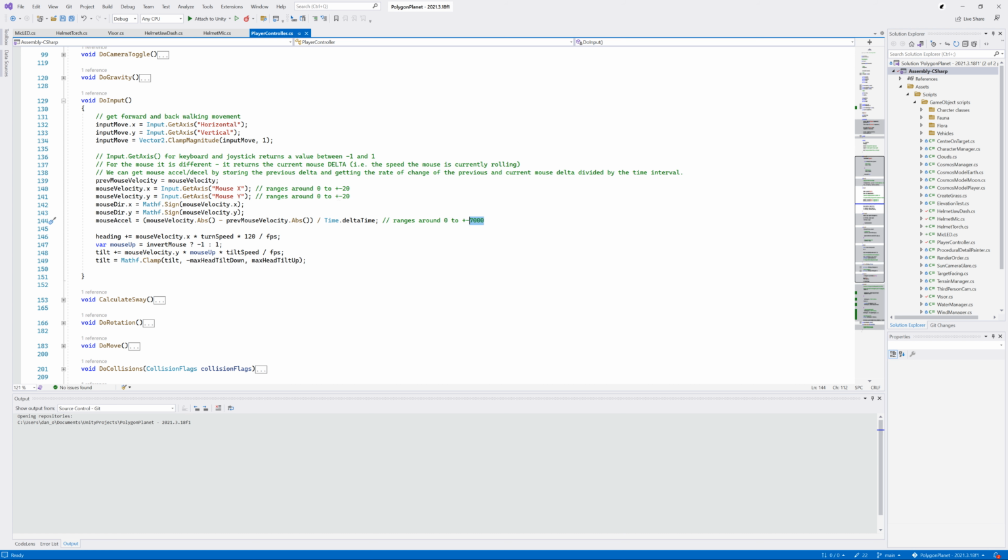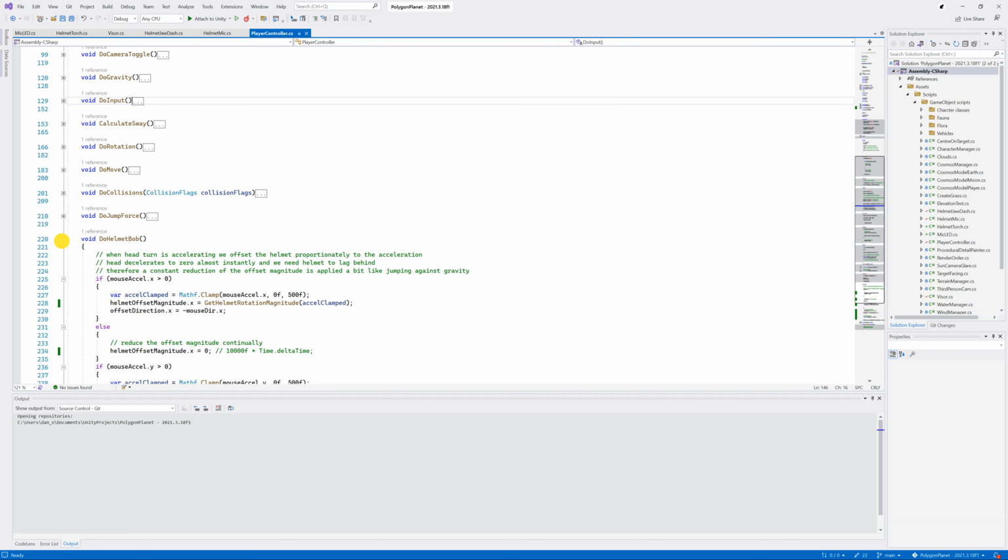Again, that could be different maybe for different hardware. So that's fine. Then I'm going to use that in the bit later on. So that's where I'm getting my inputs from the mouse. Then in the helmet bob,